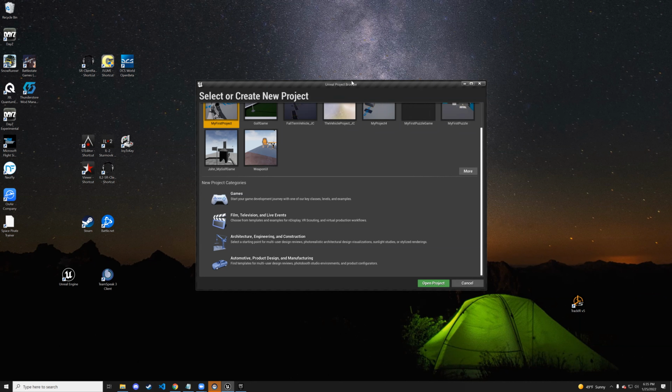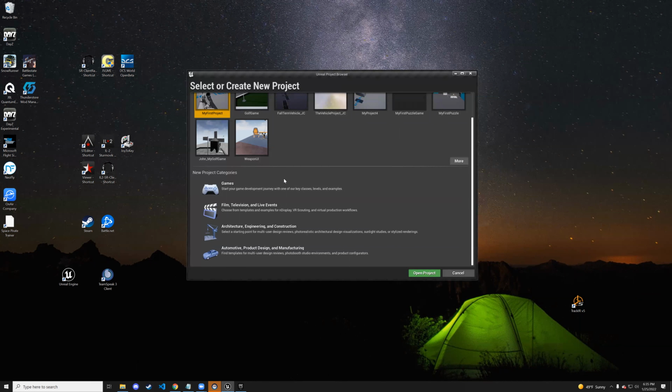All right, so I'm going to assume that most people are there. Yes, I'm there. Awesome. So right here where it says new project categories, there are different types of categories besides just making games. Of course, the class is about design and creation of games, but just know that the Unreal Engine is used in film, right? The whole Star Wars,